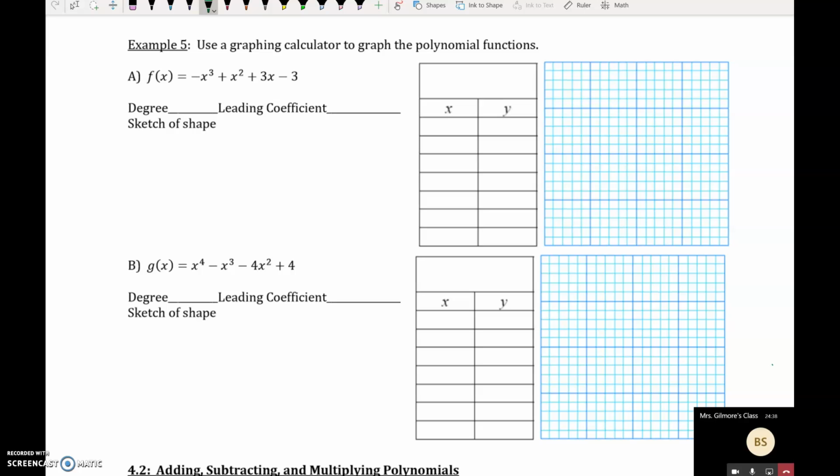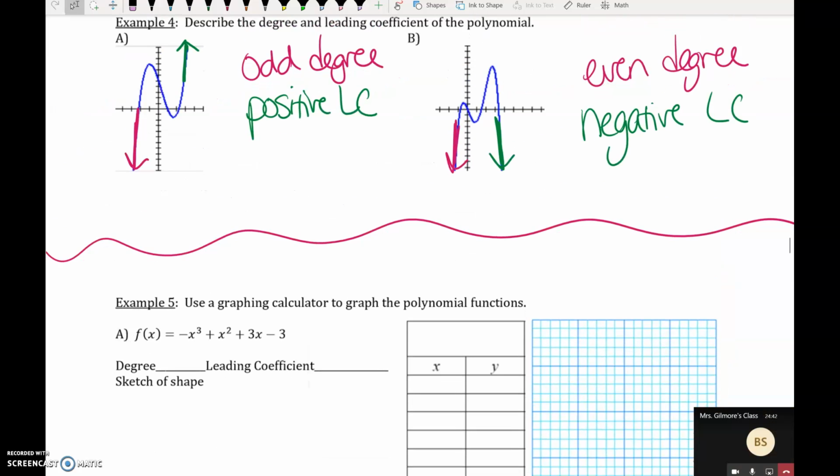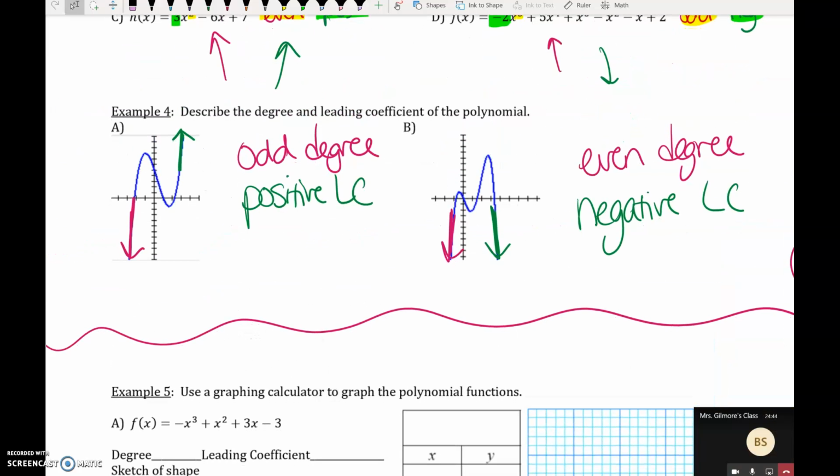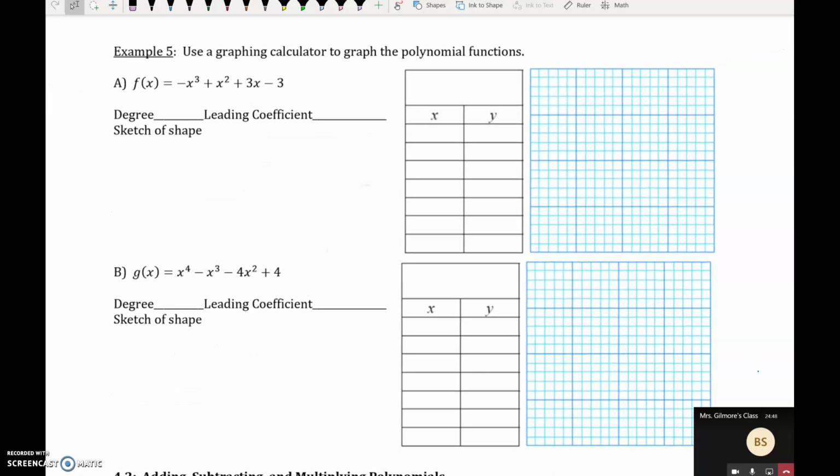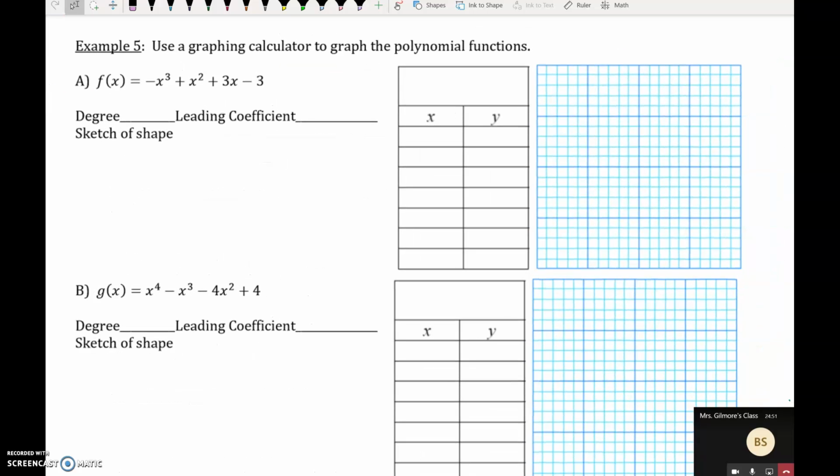Okay, so today we're going to actually graph some polynomial functions. Yesterday we talked about the end behavior, so what the graphs are going to look like, and today we're going to graph them. And because we're at home, if you have a graphing calculator, I'm going to let you use that. If you don't have a graphing calculator, there is the graphing calculator on your computer that you can use,